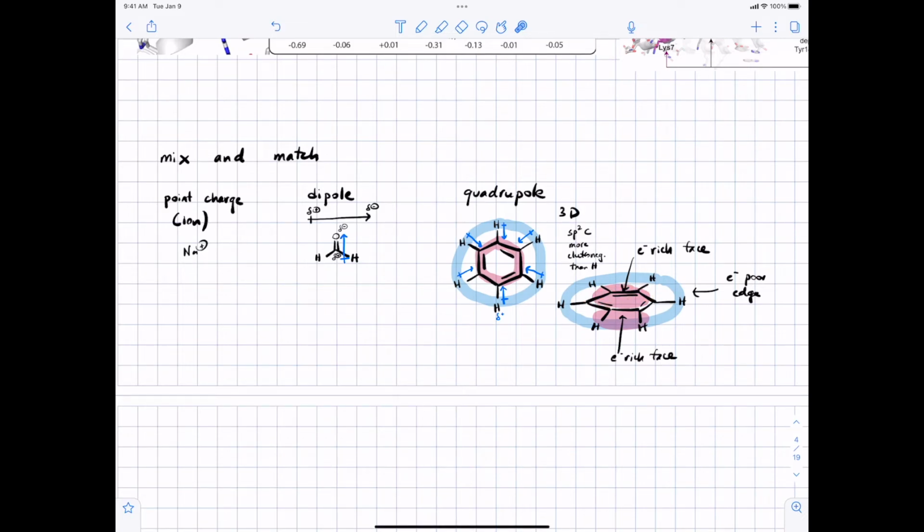Alternatively, you could have an anion interact with the electron-poor edge of the ring, and that's also found all over in nature. You can have dipoles interact with quadrupoles, and we've seen some examples of that in my lab. All of these interactions are distance dependent, though